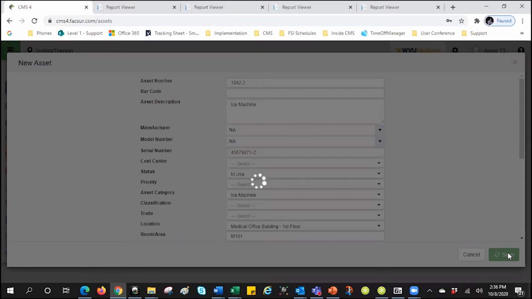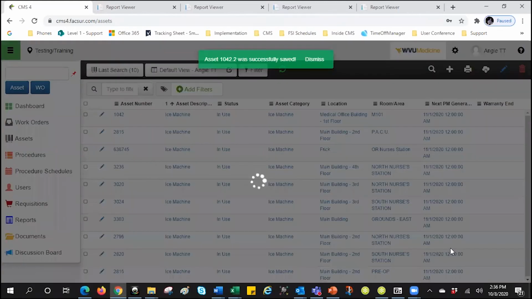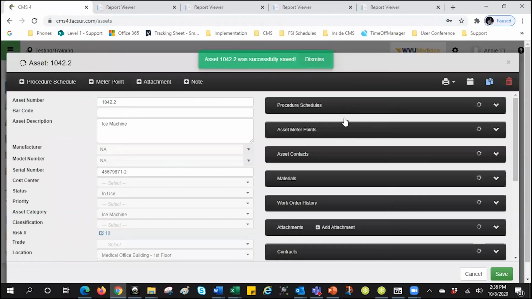I should have chosen one that didn't have as many schedules on there. And then it tells me that 1042.2 has been successfully saved, and it opens it up for me. And once it finishes loading, it's going to have all those procedures on there as well, along with being scheduled on the same schedule as the previous asset. So you don't have to